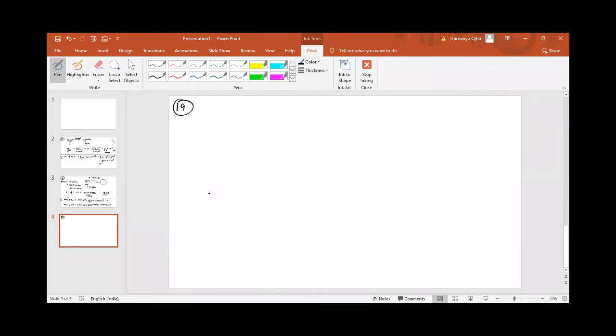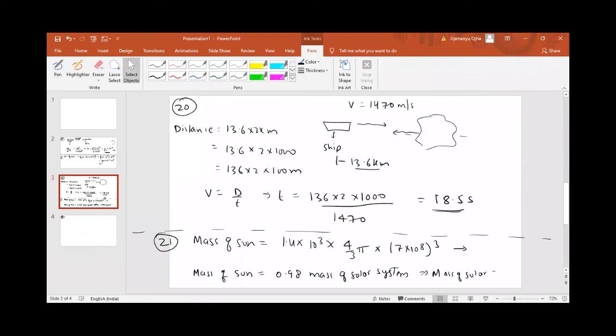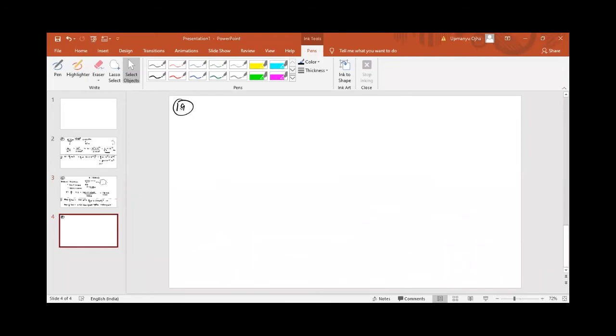Explain 21 again. 21, what is the problem? See, mass of the sun we have found, that is density into volume of the sun. Density is 1.4 into 10 to the power 3 into volume, that is 4 by 3 pi r cube. Radius is given to us. Fine. So we got the mass of the sun. Now they are telling you the mass of the sun is approximately 0.98 times the mass of the solar system. Therefore, mass of the solar system would be